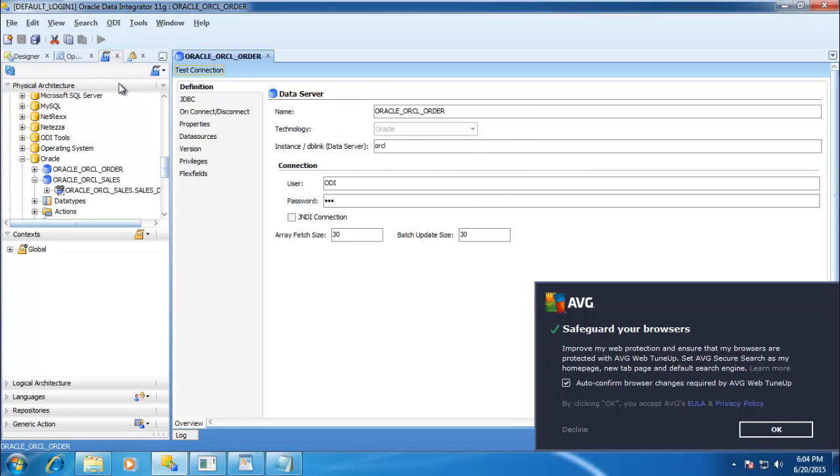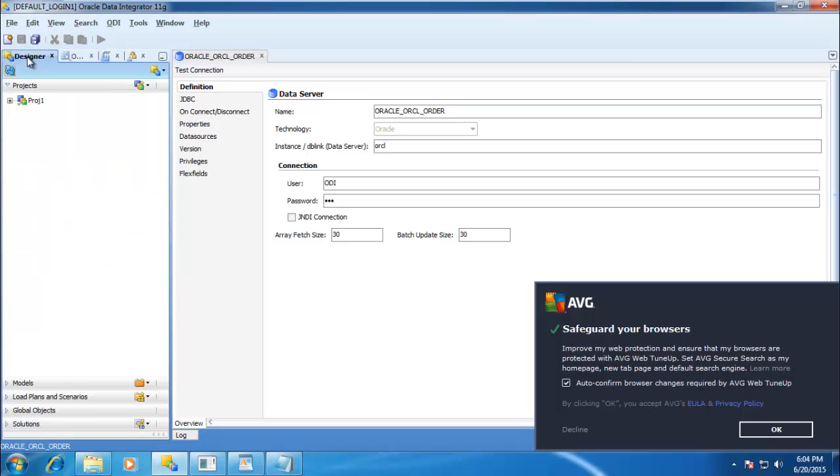If you use the topology, generally that means the topology navigator will be mainly useful by the administrators. They use it to define the infrastructure. And then another component is called the designer. Designer is a component where the developers can define the mappings and all those things. They can do it with the help of the designer. Under this we have projects.